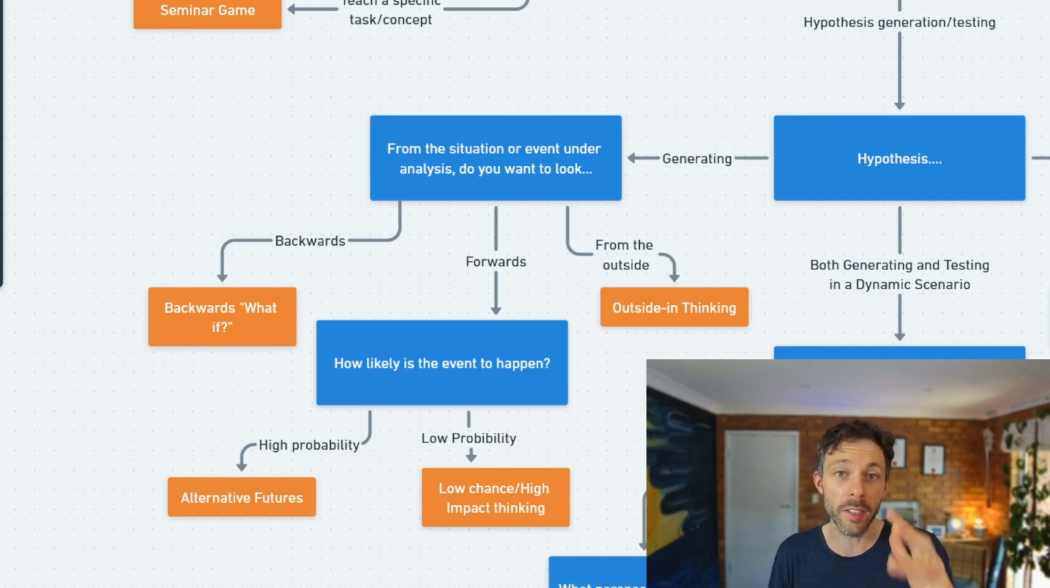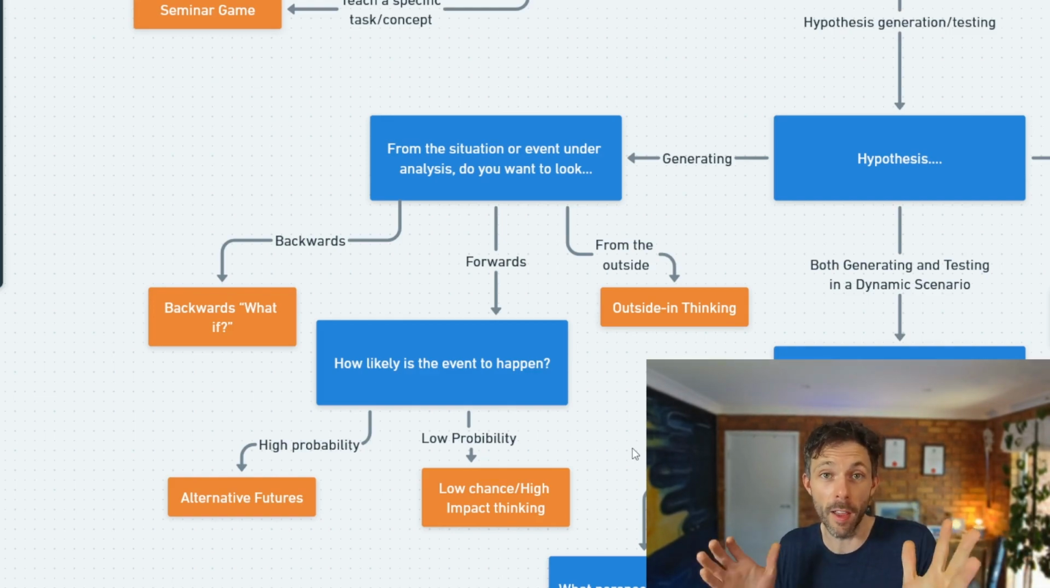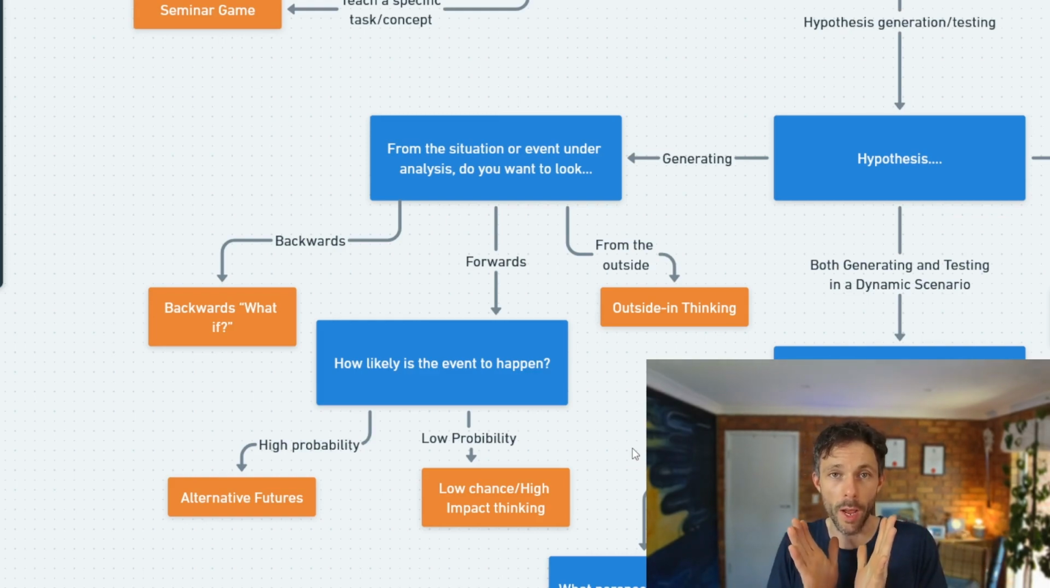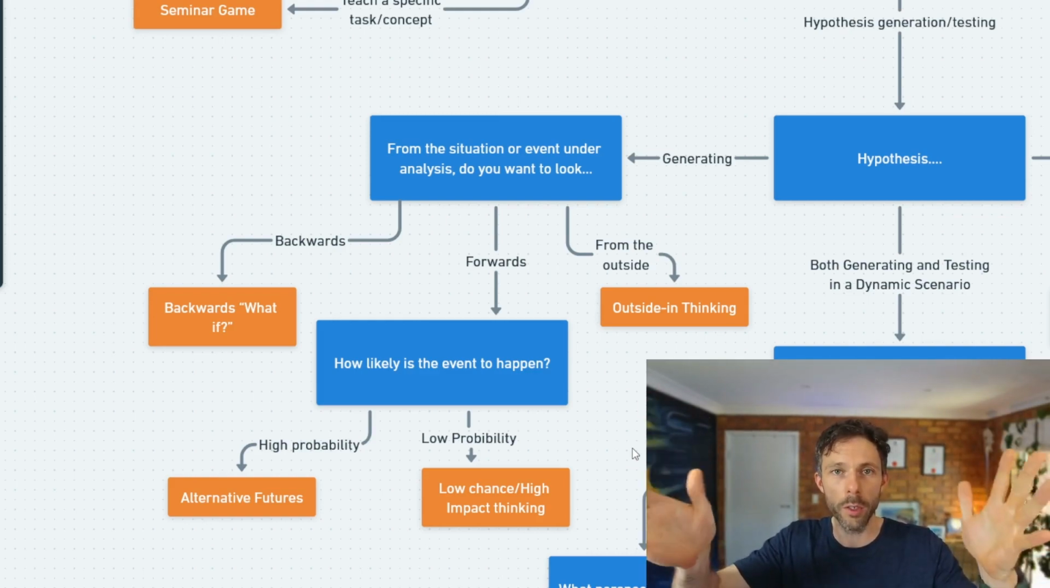Outside in requires outside in thinking. Looking backwards, trying to think about cause of effects and chain analysis, we want to use backwards what if thinking. And if we're looking forward in time from the event, how likely is that event? If it's a high probability, i.e. it's already happened and we know that it's happened, therefore the probability is 100%, or if it's a very likely thing to happen soon and we want to know what happens way in the future, we want to use alternative